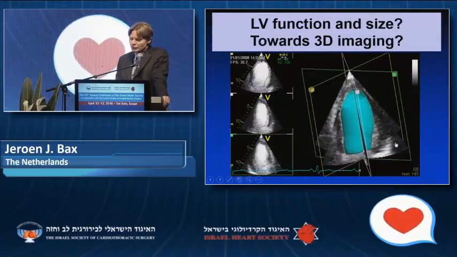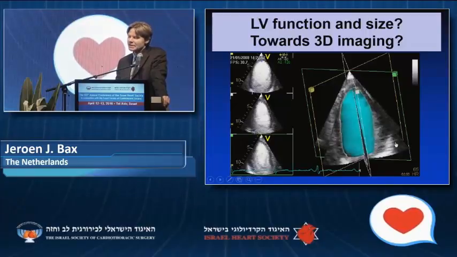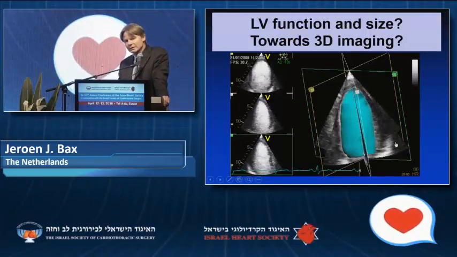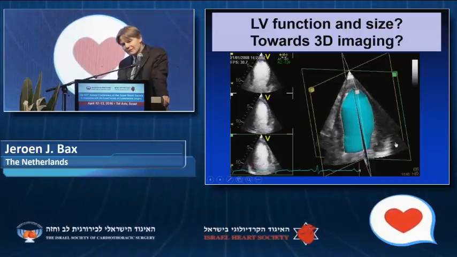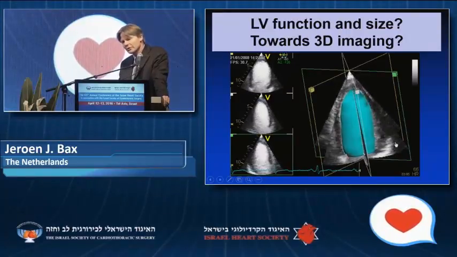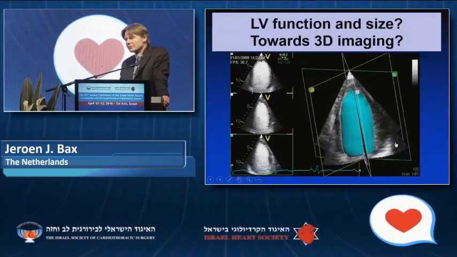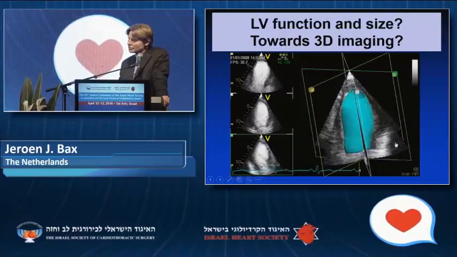So where is the field moving? The field is moving step by step in the direction of three-dimensional imaging. You saw in the very nice talk by Dr. Hendricks that everything we like to visualize will eventually become 3D. When Jos Roeland at the Thorax Center in Rotterdam told me that so many years ago, when it took about